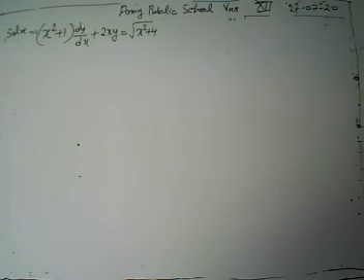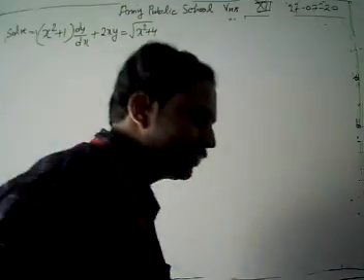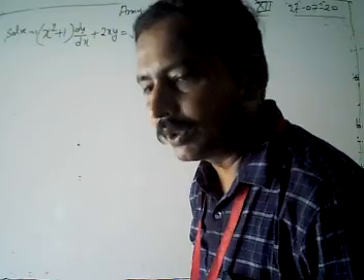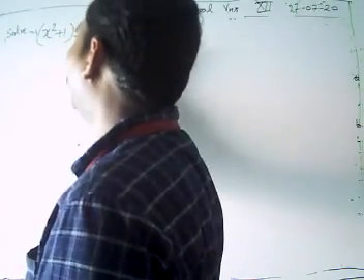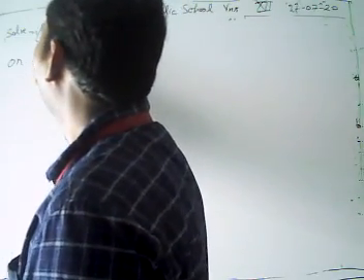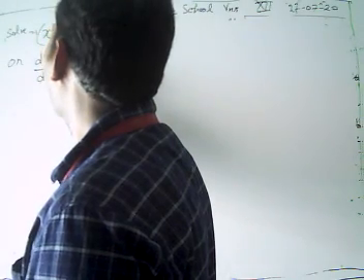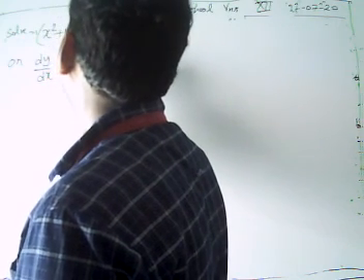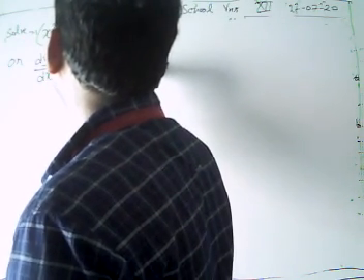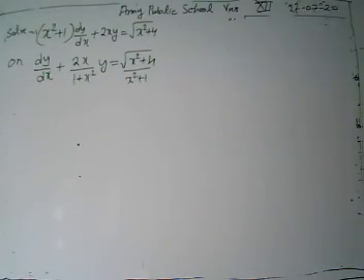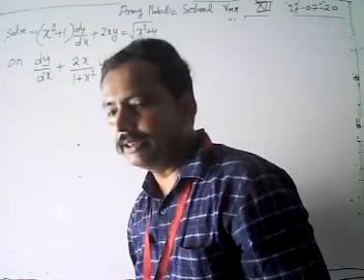Look, first of all, what is our first step? We have to check that it is in our standard form. But it is not in our standard form. So first of all, we have to convert it to standard form, dividing each term by x square plus 1. Then our differential equation is rewritten as dy/dx plus 2x upon (1 plus x square) times y is equal to under root x square plus 4 divided by x square plus 1. Now our equation is in standard form.